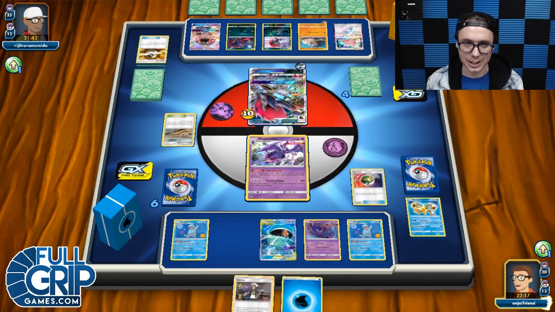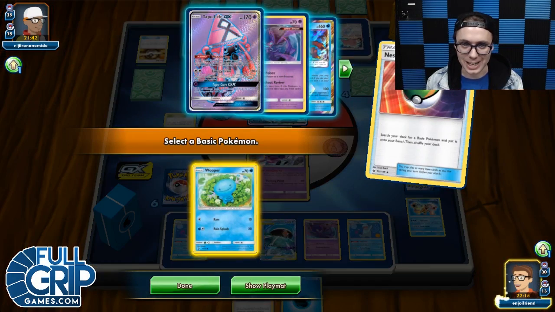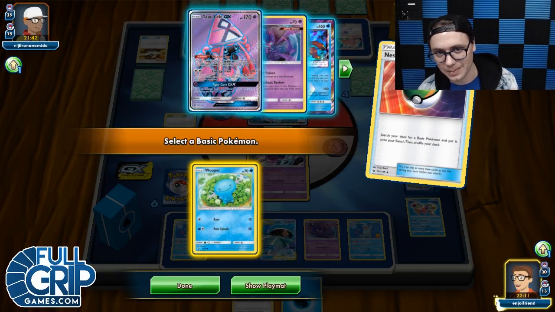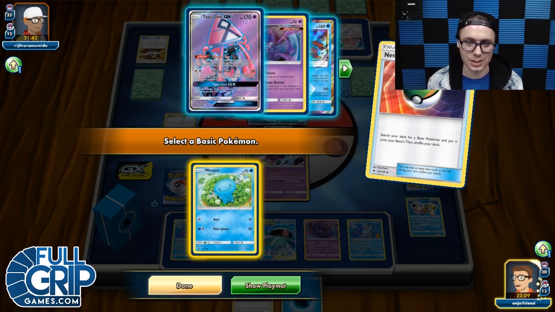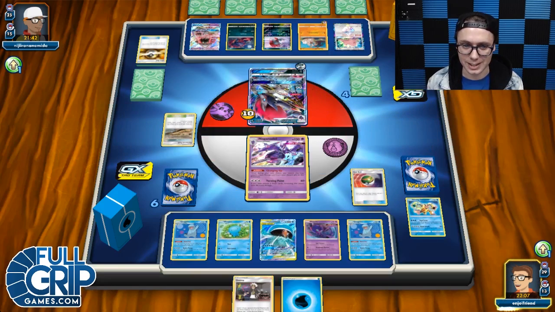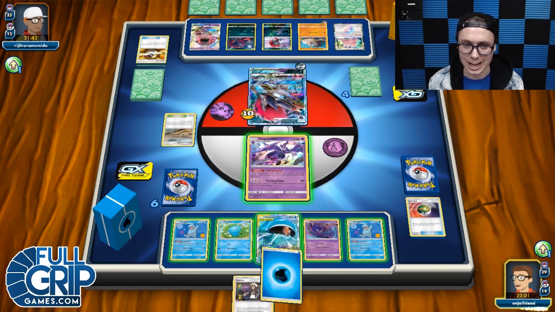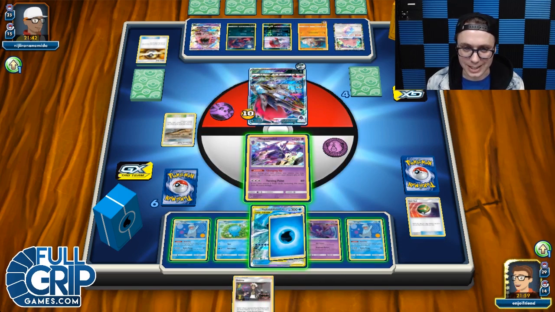Let's Nest Ball here. We thin our deck a little bit. I can Rain Splash. That just doesn't seem very good. It doesn't seem very good at all. So I think we'll just, sure, we'll get this guy. And let's see, it's doing 20 to anything relevant. Is there anything relevant worth doing 20 damage to? Probably not, but we could just attach a water energy here and